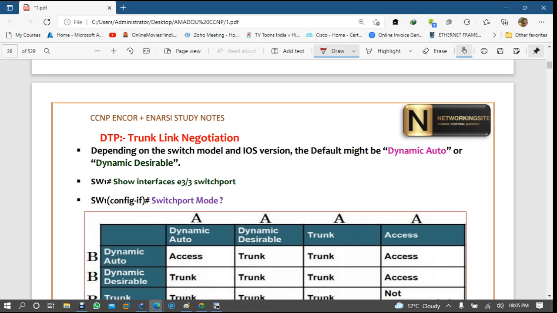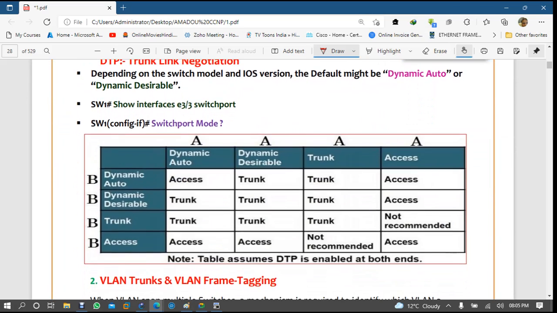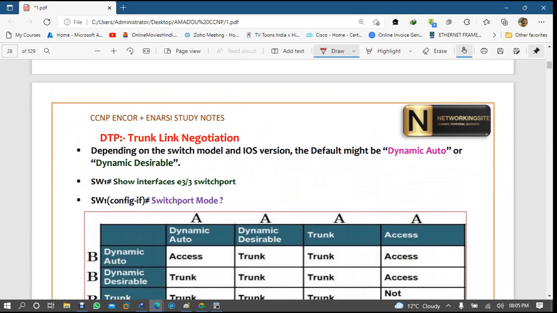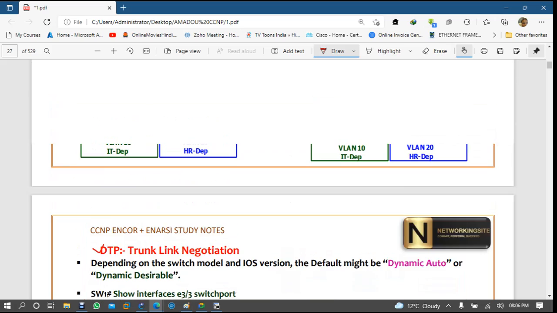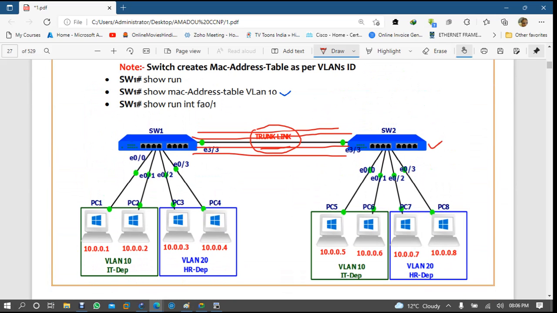So for having a trunk link, we should discuss something. The trunk link is managed by the DTP protocol. DTP is known as Dynamic Trunking Protocol. So we are going to learn about some trunk link negotiation. There are some options where you can make a trunk link with negotiation, which means if you make a trunk link here,